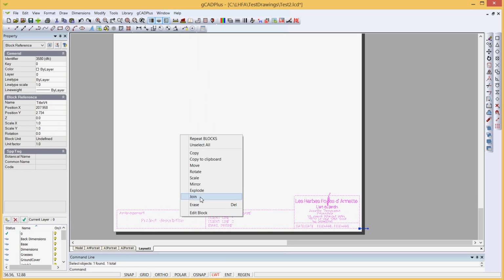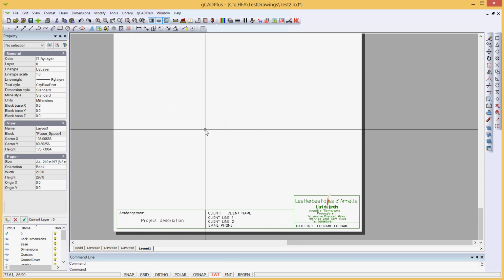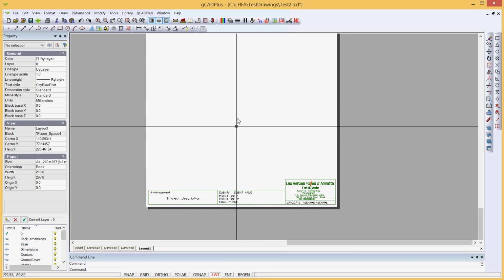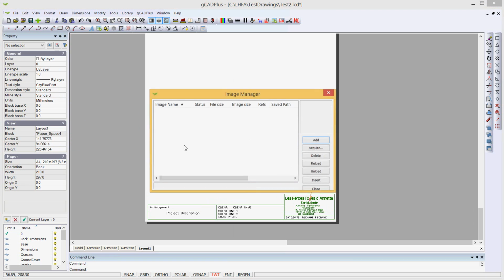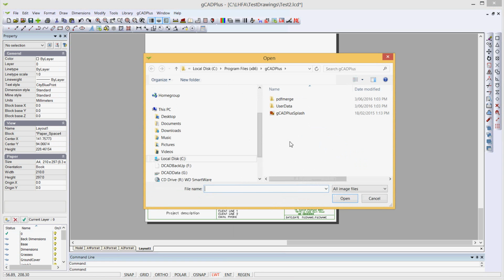But notice that it's come back to the project description again. If we edit this block here, it'll change the information on all of the other sheets. So we just have to be a little aware that we would explode this block at that point in time,